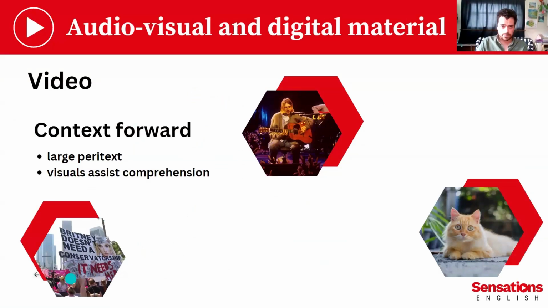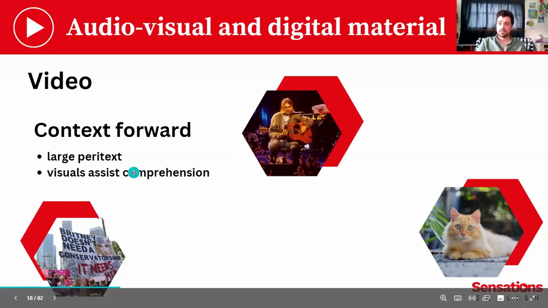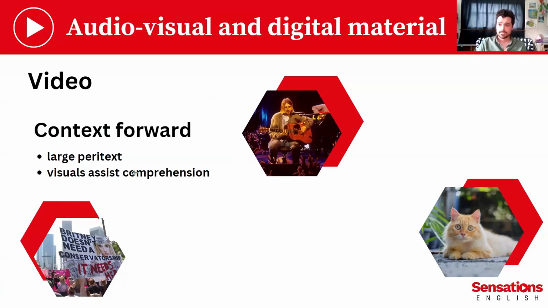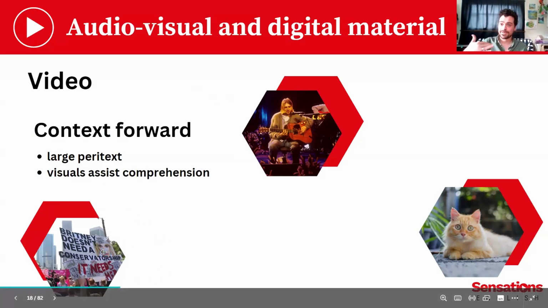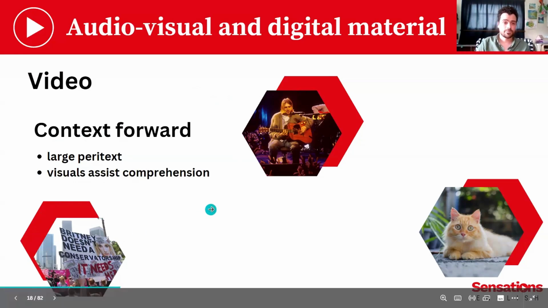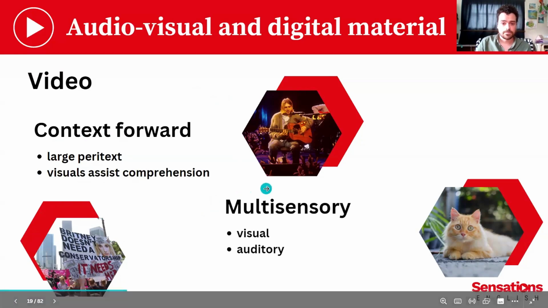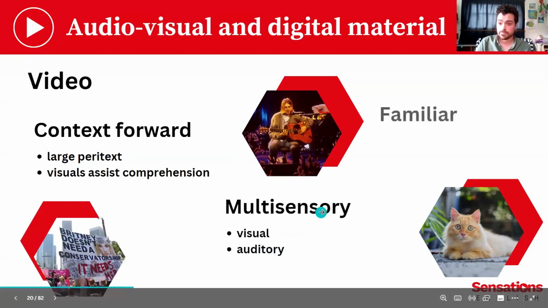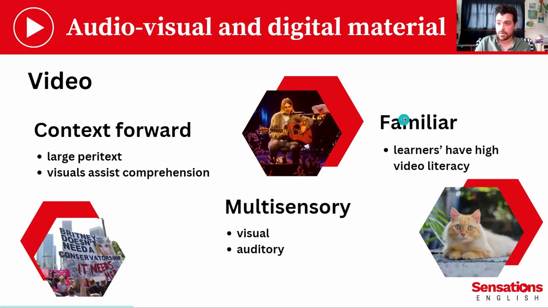So what's great about video is that it's context forward, right? It's not like when you're reading a text and you have maybe one picture. That's all the context you get is the picture. Instead, the video has constant visual information as well as audio. So you have a great paratext. You get the title of the video. You get a lot of information about what it is before it happens. So yeah, you also get that auditory information and fantastically important familiarity.